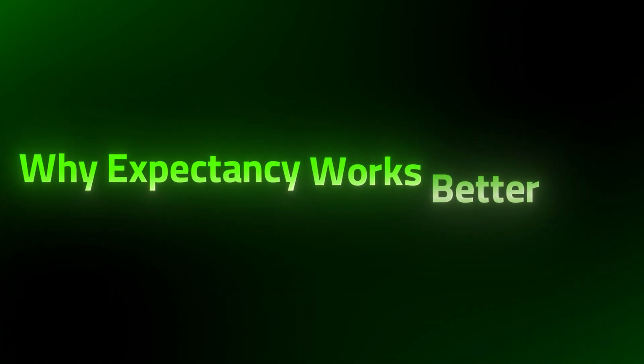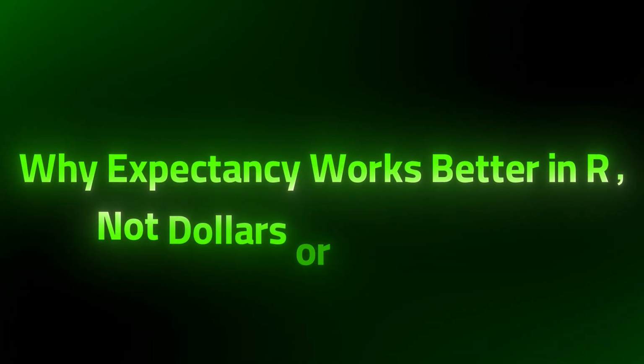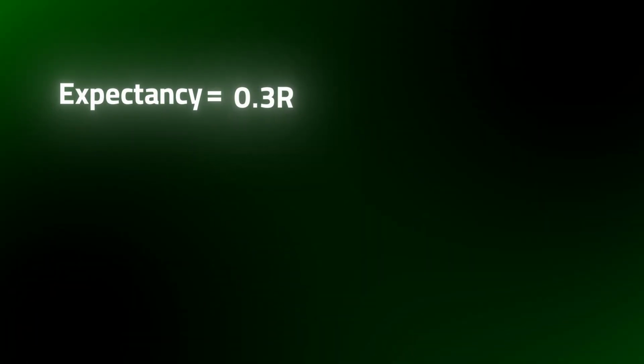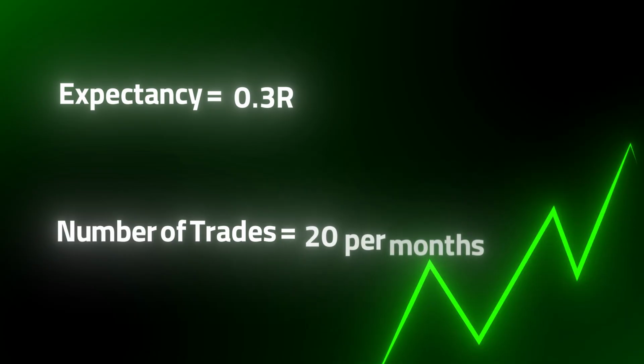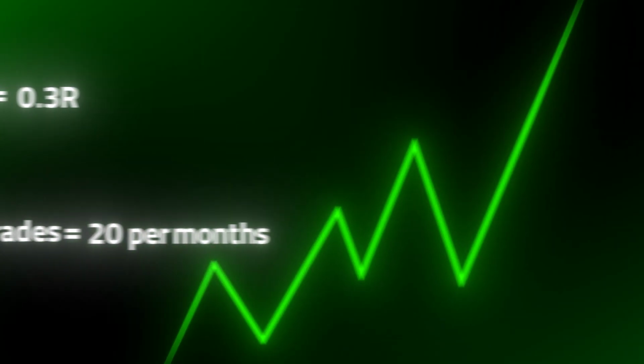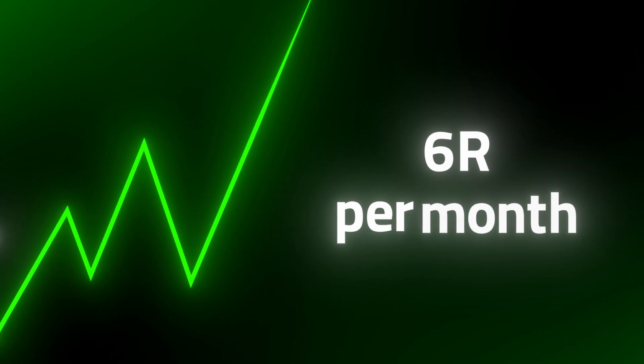Why expectancy works better in R, not dollars or percentages. Calculating expectancy in R keeps the strategy flexible and independent from account size or specific instruments. R represents the fixed risk per trade, such as 1% of the account. If expectancy equals 0.3R and the system produces around 20 quality trades per month, the long-term expectation comes out near 6R per month. At a basic level, monthly performance comes from expectancy multiplied by how many good trades actually show